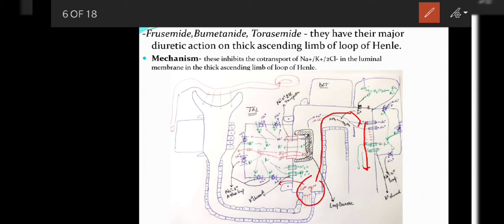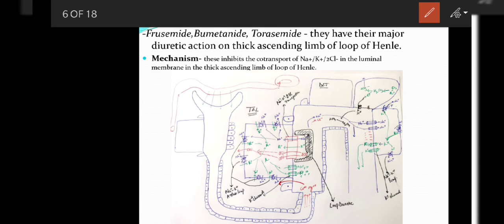Also this drug furosemide is given in severe hypercalcemia, and generally intravenously, in which the body will lose calcium ions. But under these circumstances, the body will not only lose calcium ions, it will also lose sodium and chloride ions and water, so there will be severe dehydration. So while giving furosemide, normal saline water should be given, keeping in mind the danger of dehydration.